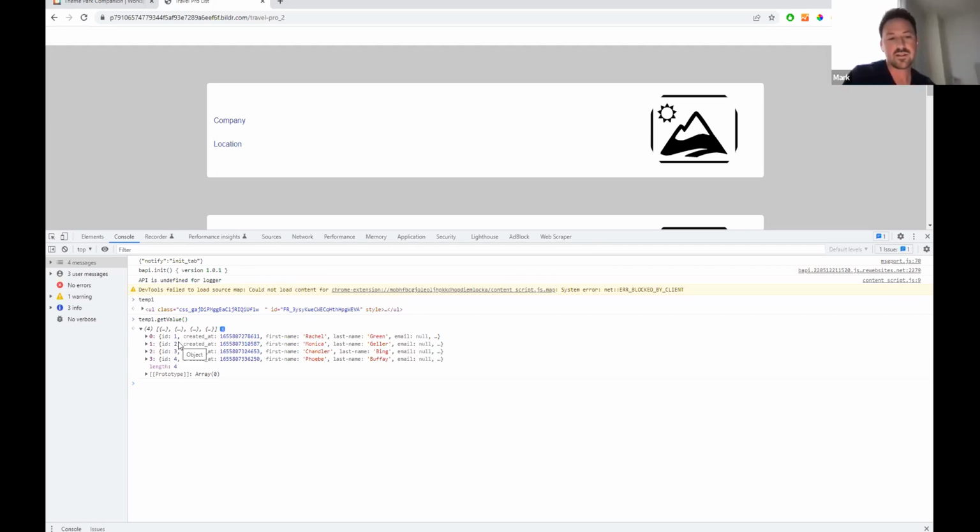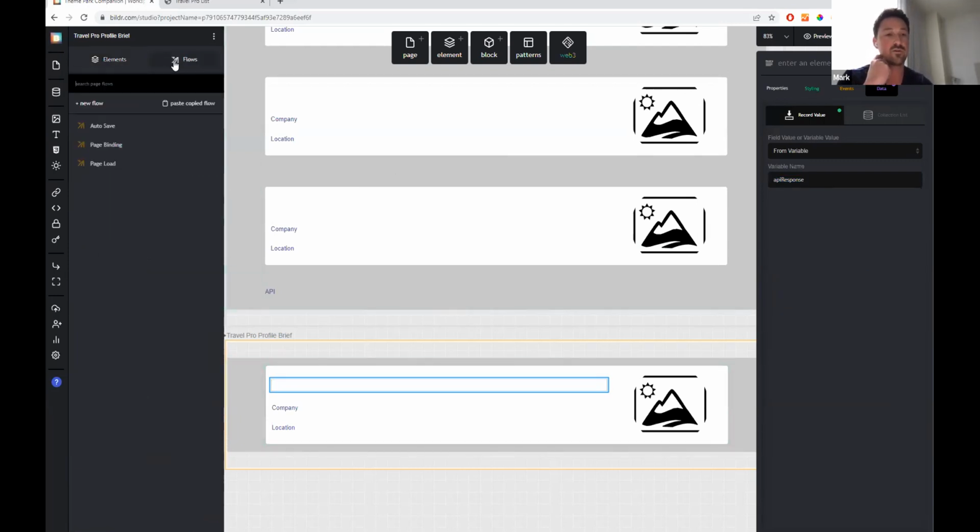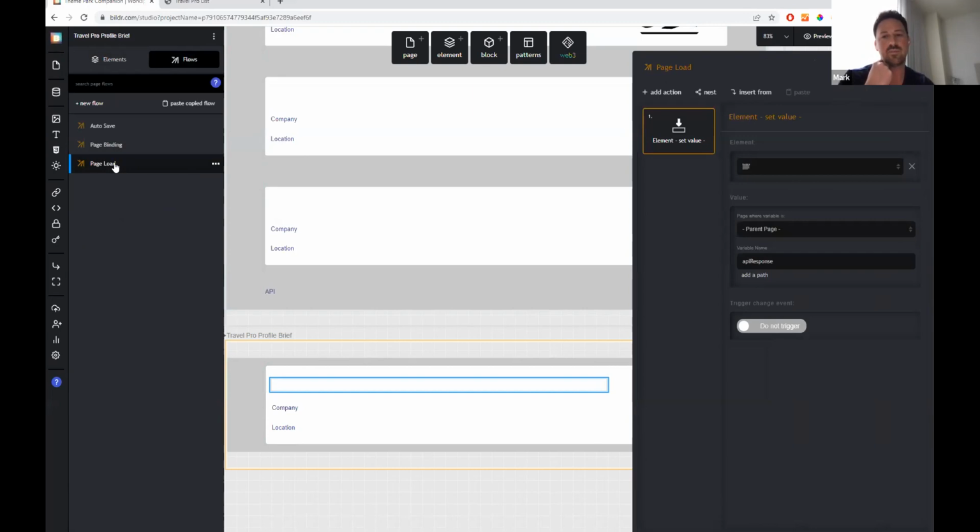So, I mean, it has the data, so it should be there. Yeah, that's definitely strange. It's all there. And let's do it manually. I want to see if we do it manually, if it'll work. So go back into the studio, and on the row page, go to the flow, go to the page load flow, and just,